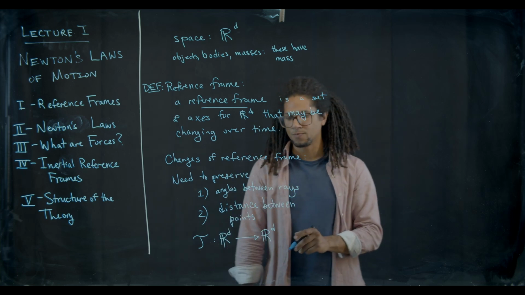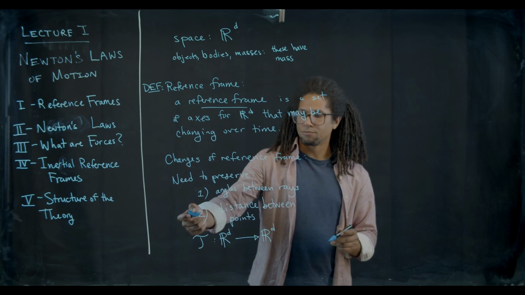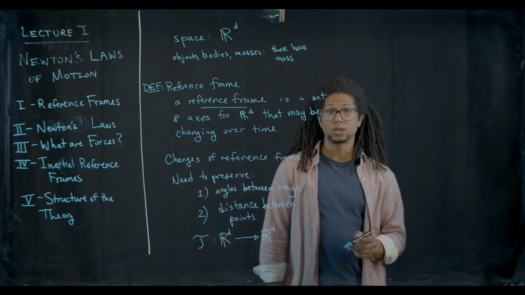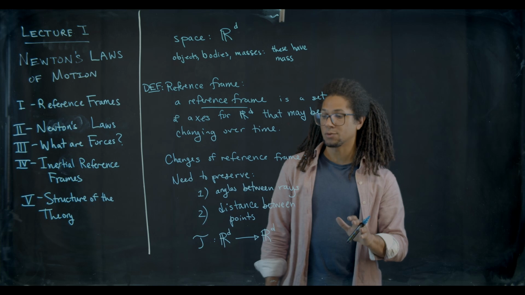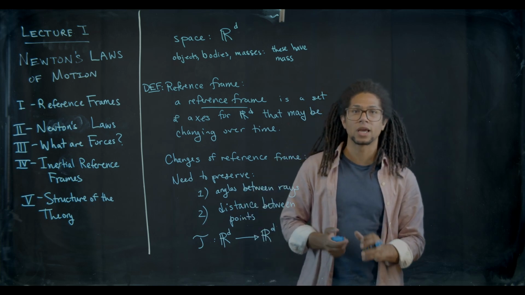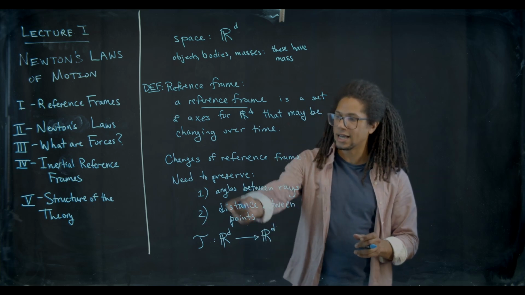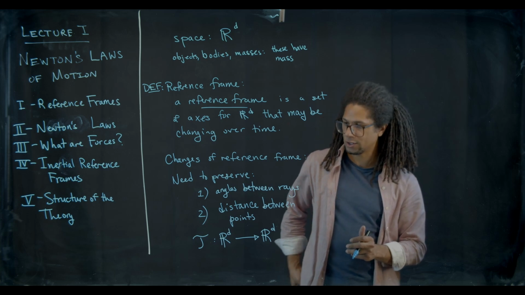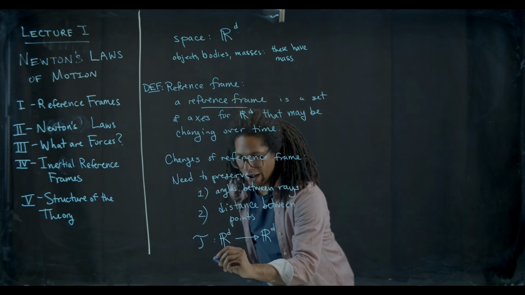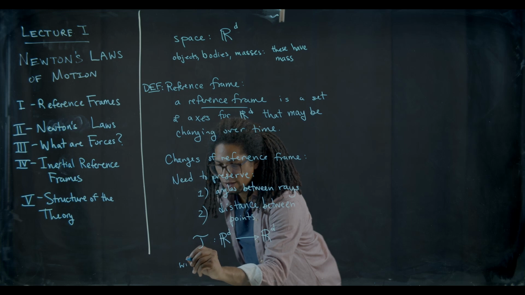As it turns out, point number 2 actually implies point number 1. If we preserve the distance between any 2 points in R^D, we necessarily preserve the angles between points. So how would we write this? We want,